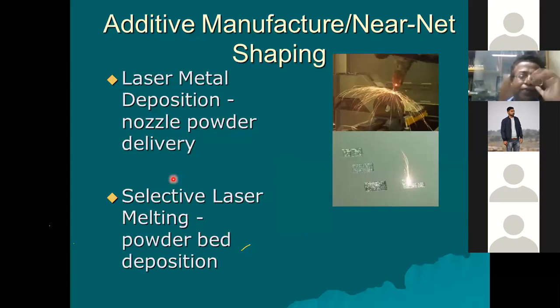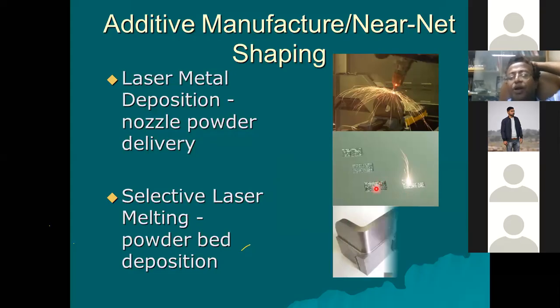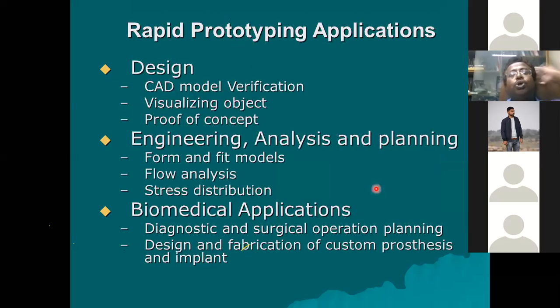So additive manufacturing, near net shaping, is something like this. In case of the LENS process, this is how the interface will look. But in case of powder bed process, which is the SLM process, this is how the bed will look. Correct? So basically in 3D printing, you have a variety of applications.